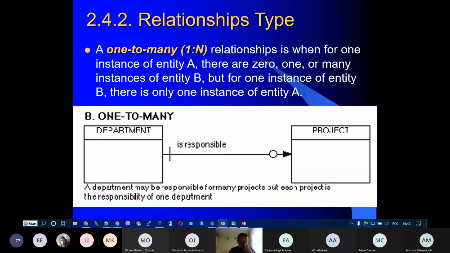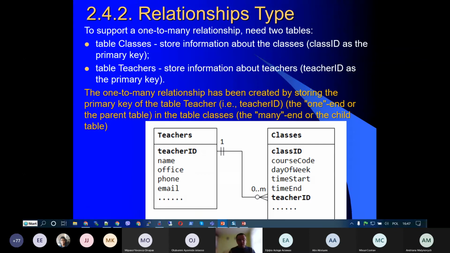When, for example, we have the conventional example of assigning teachers to classes, we have a list of teachers who teach multiple classes. For example, today it's the third class for me. So as a teacher, for sure we have such an automation system in our university, and here I have a single record for me as a teacher, and I have multiple records for classes I am assigned to provide service for students. So at least 3 today, but much more